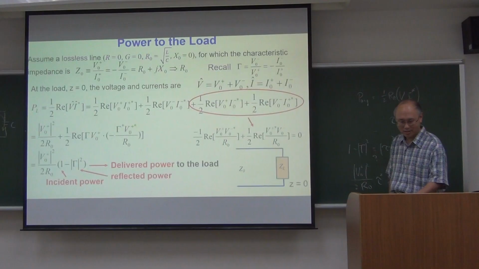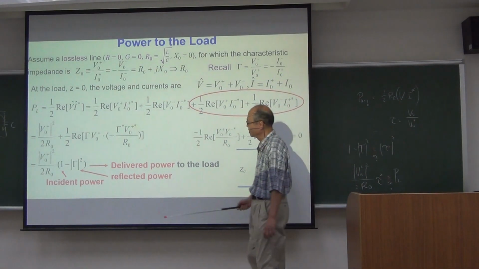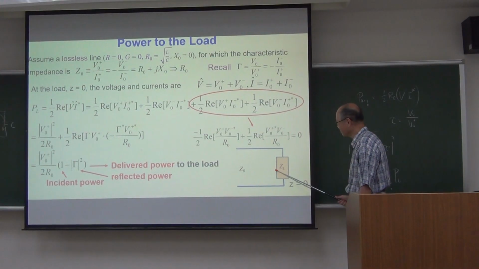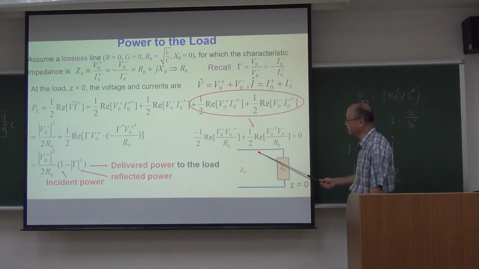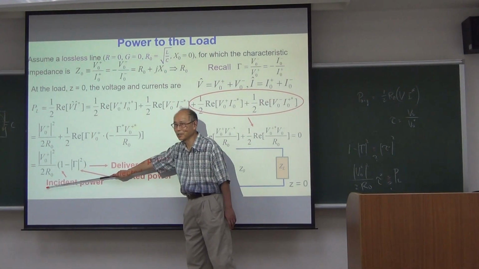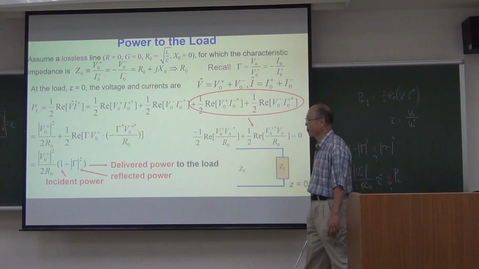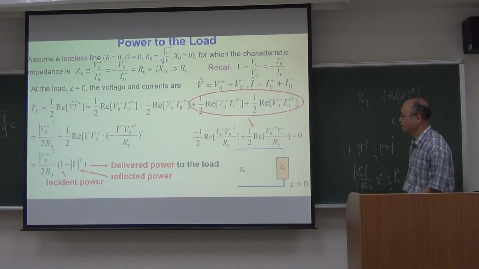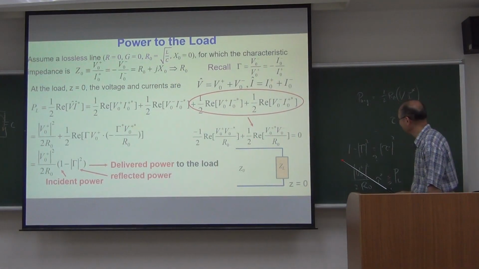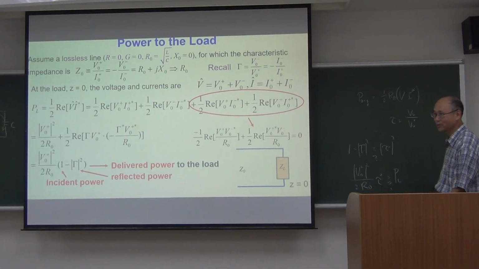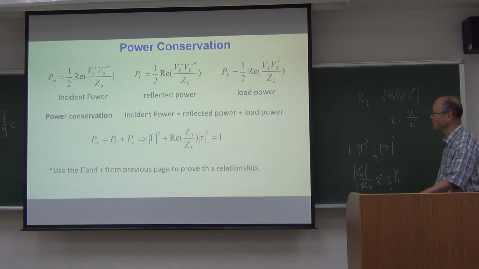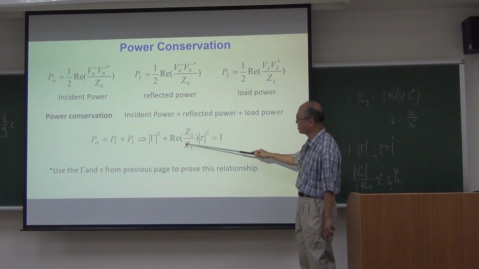Okay. 所以这个式子里头没有错。The amount of power you deliver to this is equal to the instant power subtracting the reflected power. So this is correct. Okay. But 1 minus gamma squared is not equal to tau squared. So be careful. Okay. If you want to use tau squared, then you need to adopt this ratio in this